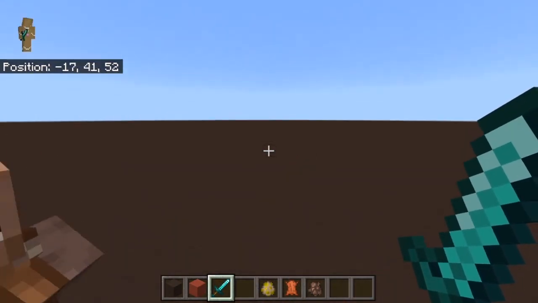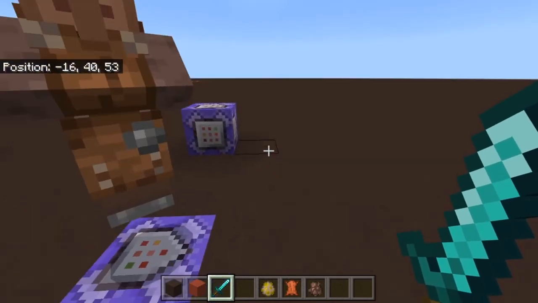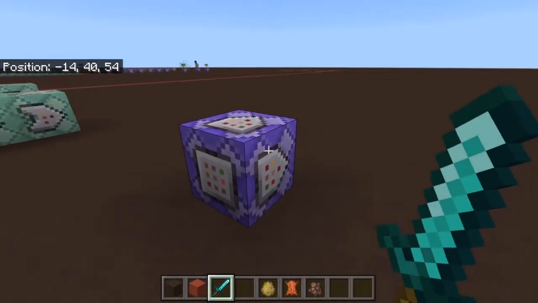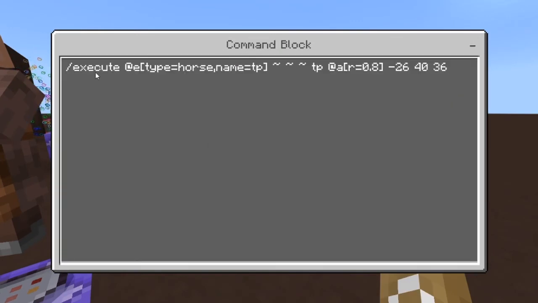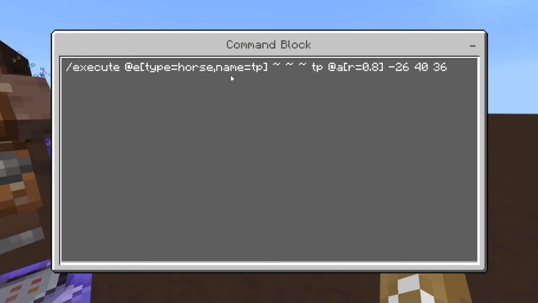To make it teleport you, all you have to do is put another command block, and this is the command. It's going to be repeat, unconditional, and always active. And this is the command: execute @e[type=horse,name=TP]. It's only going to execute the command at the horse that's named TP. So make sure it has this name=TP, so it doesn't teleport every player in your world that rides a horse. And then tilde, then tp @p